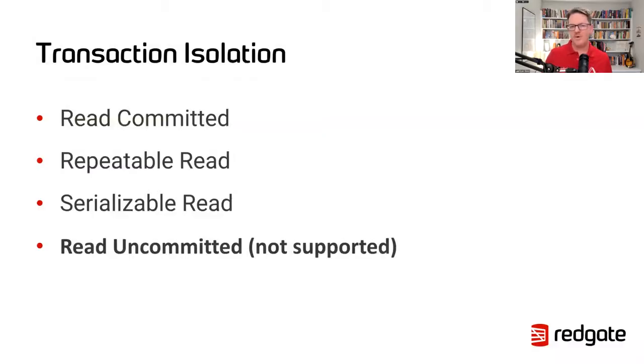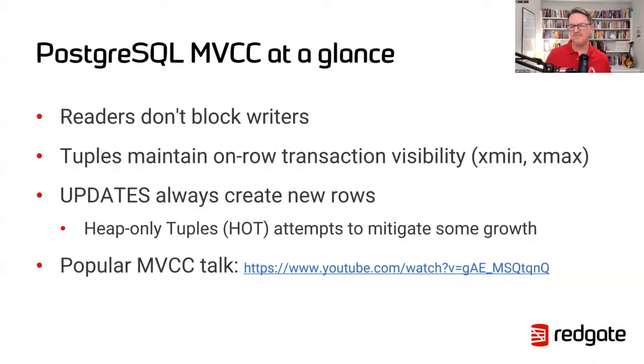And the team simply said 20, 30 years ago, read uncommitted just doesn't make sense in the form of this kind of relational ACID database. And so we are simply just going to choose not to jump through all the hoops to make something supported that we just don't feel is really necessary within an ACID area. Now, that's my interpretation. That's not exactly what they've said. Just to know that, I don't know if anyone would really be using read uncommitted in this context, but that's what happens. At a glance, MVCC as implemented, and really across all databases, the concept is that readers don't block